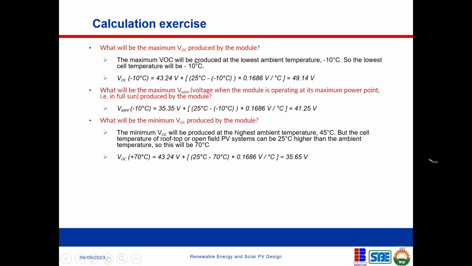Remember, for every change in your temperature, you are also given a value, 0.168, which is how the voltage changes. So you have to find the difference between 25 and minus 10, multiply it by this, and then add it to your given open circuit voltage at 25. So assuming that you're operating that PV module at minus 10 degrees centigrade, your open circuit voltage will now be 49.14 volts